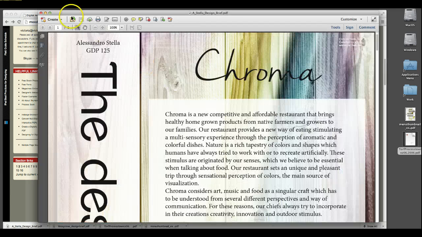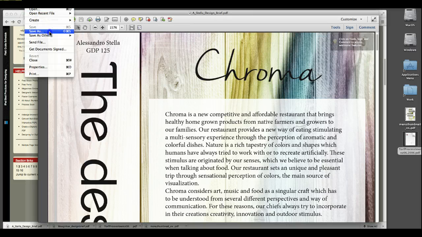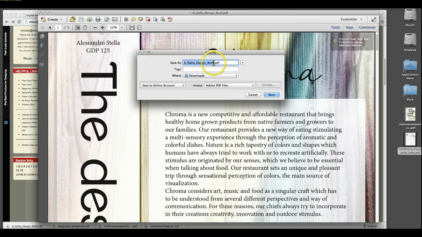When I save a file, I go to File, Save As, and I date everything like this. I would date it as today. And then if I have a new one, I'd keep it the same name and I date it for tomorrow. And I date it for a week from now, right? And that way it could be the same file name, but then they become listed numerically and we know what